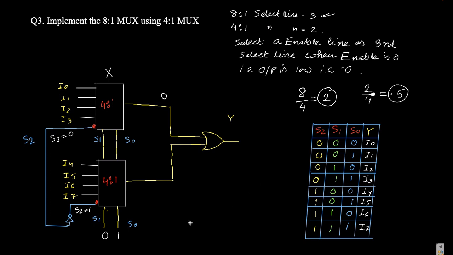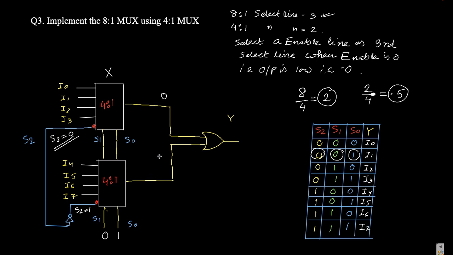If S0 is 1 and S1 is 0, which one is selected? Here the input S2 is 0, and here it is S1. So as S2 is 0, S1 is 0 and S0 is 1, what is the output? Here it is enabling, so this becomes